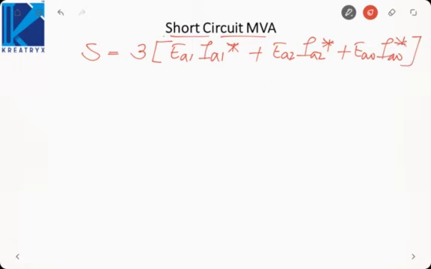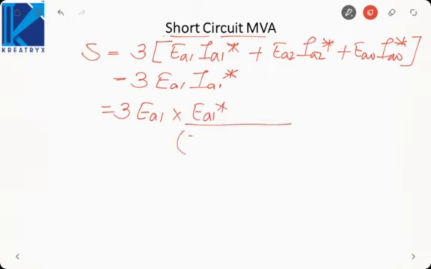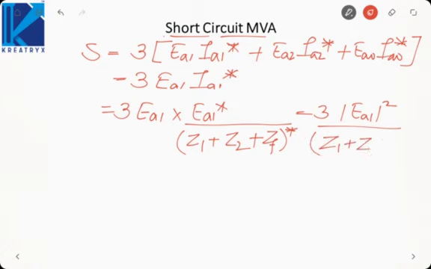Now we know that no EMF is induced in negative and zero sequence, so it will be equal to 3 EA1 IA1 conjugate, that is equal to 3 EA1 into EA1 conjugate by Z1 plus Z2 plus ZF conjugate, that is equal to 3 into mod EA1 square by Z1 plus Z2 plus ZF